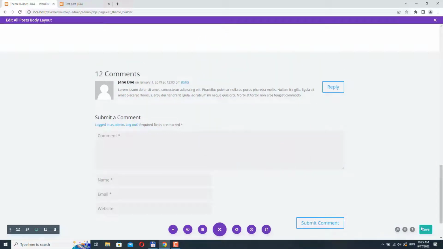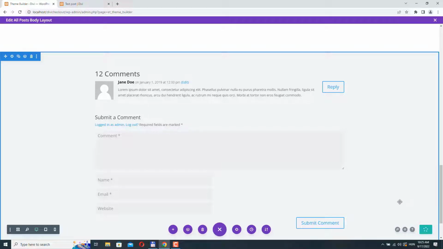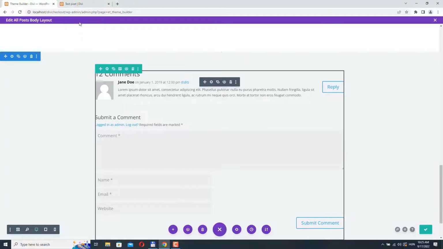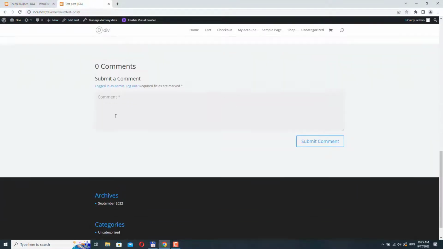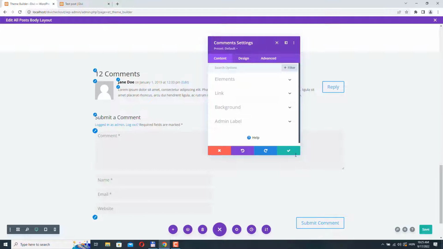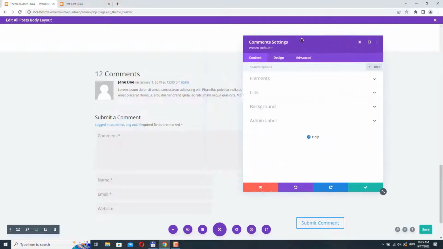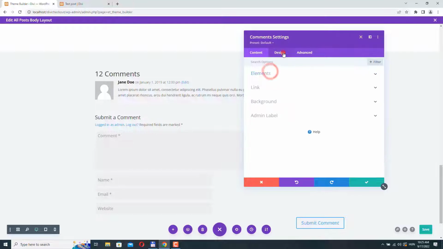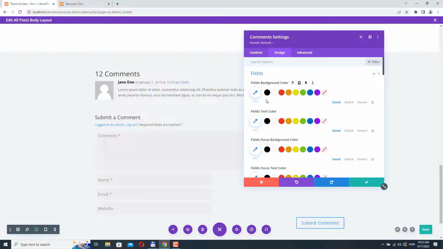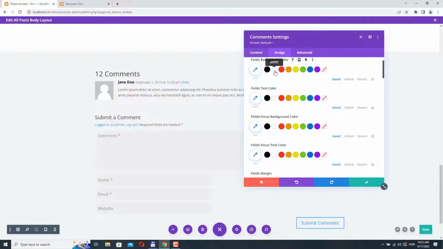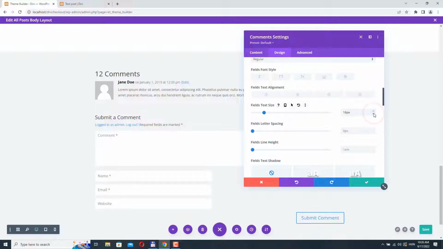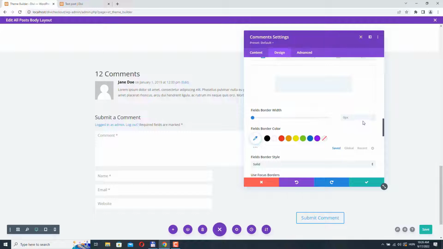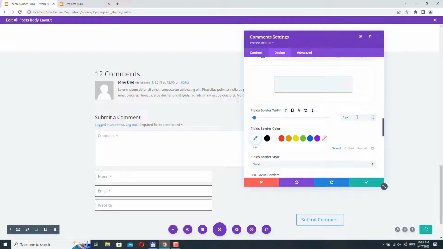But first let's just save it and let's see how it looks on the front end, because sometimes it's not the same here. So let's refresh the page. Yeah, okay, let's change some things around. So let's make this a little bit bigger, and let's go to design and fields, and let's change the fields background to white. Let's make the font size a little bit smaller. Let's add a small border around the fields,